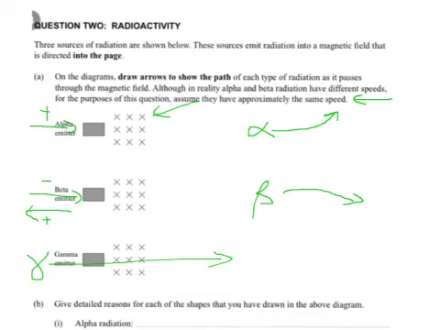Another way of putting that is the alpha being so much heavier, although here's the trick. The alpha has got a 2+ charge, so that means it should have twice the force, but a beta particle has got around about 1/2000, I think it's 1730 or something, times the mass of a